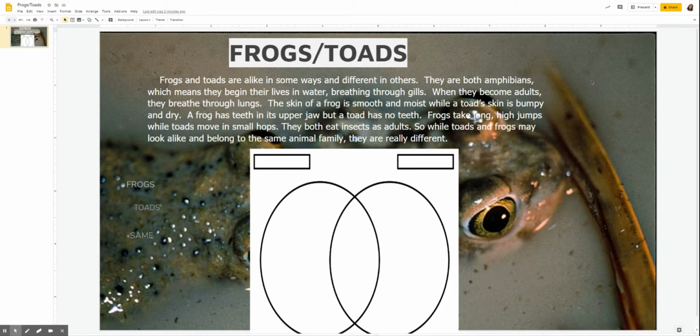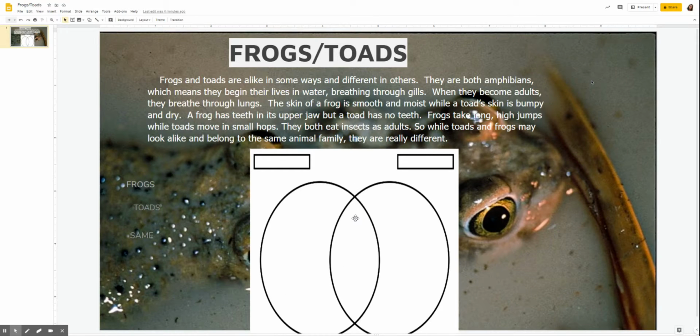So now our prediction was true. We learned about how frogs and toads are alike and different. Now, on our Venn diagram, we can go ahead and fill out a lot of information that we learned from our passage. One thing to keep in mind when you are doing a Venn diagram is that in the middle,